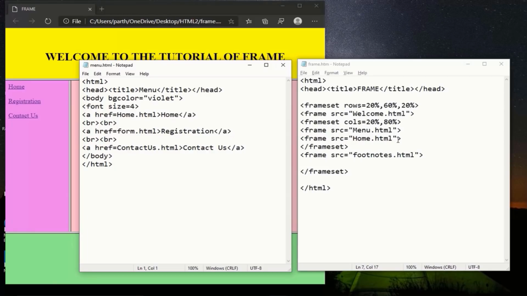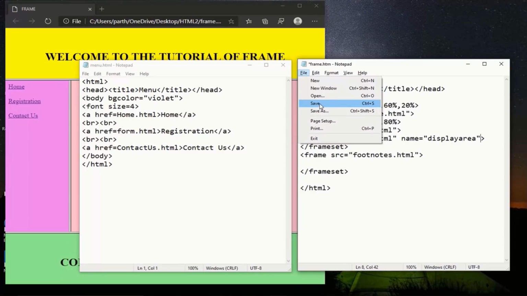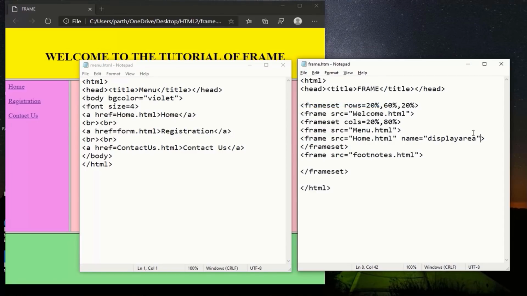This is the portion where we want to load the web pages after clicking any menu item. Write name, which is an attribute, and give the value as per your choice. Here we are giving the value display area. Save the frame.html file. Copy the value of the name attribute, that is display area.